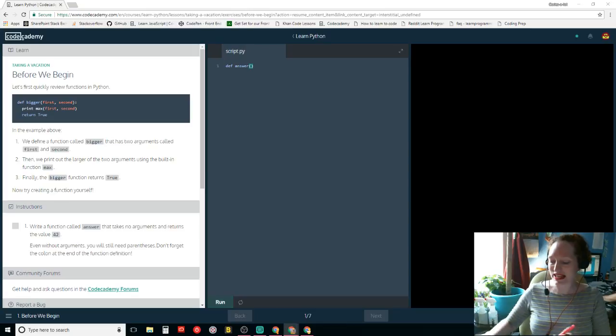I need to be more ambidextrous. Okay. We put a semicolon at the end, right? Yes. Returns the value 42. Is this how we would do that?